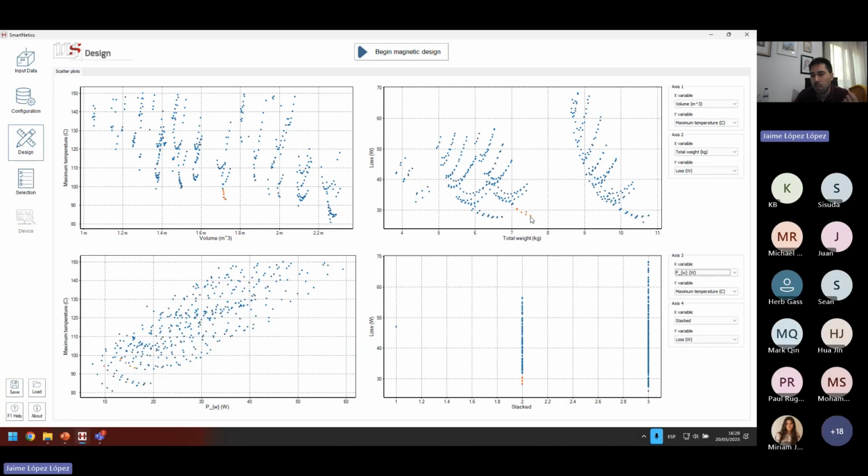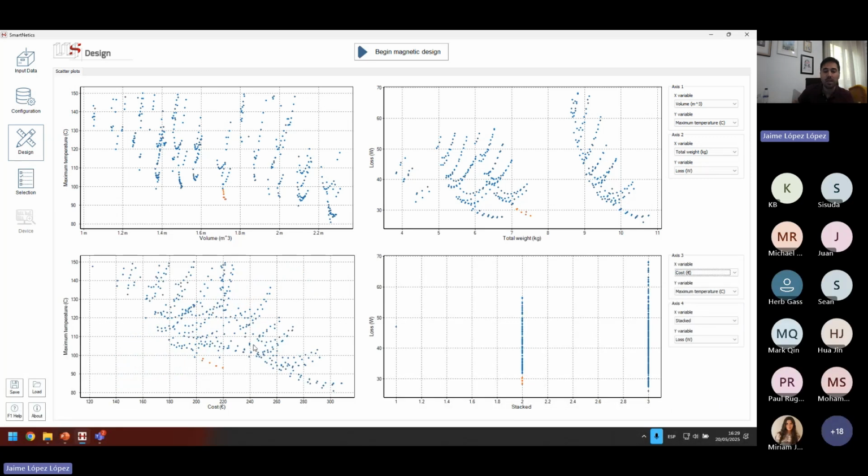But as you can see, by allowing a very small increase in losses, maybe 0.1 watts or something like that, which is non-relevant in a 50 kilowatt converter, you can achieve a design with a lighter weight, or with a different wire losses, or with a different cost, for example, or with a very high difference in any other matter that may be more important for you in your design, even though they are more or less the same in this case in the terms of losses.